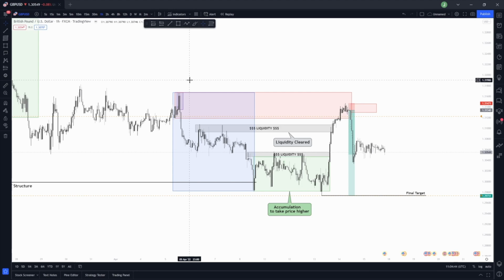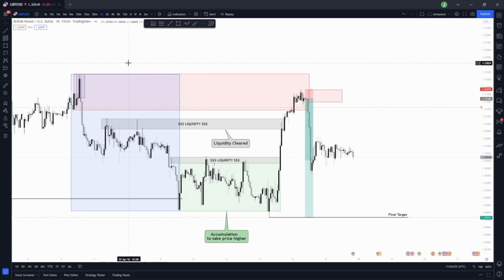Now in my eyes, price was very likely to just come up, mitigate the footprint, and then continue lower. Obviously you see here I was looking to take trades from it. Some added confluence on price wanting to do this was these areas of liquidity that we had built up, an